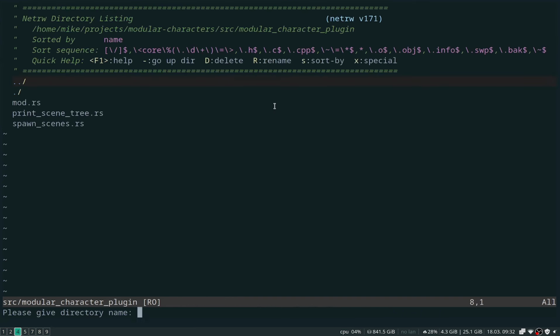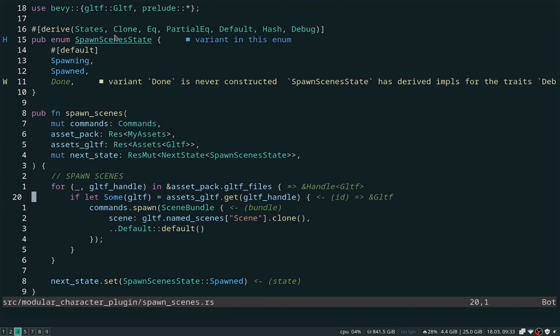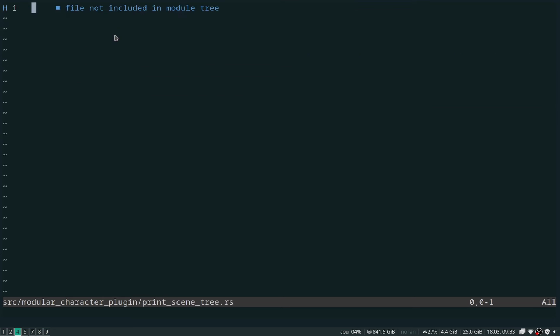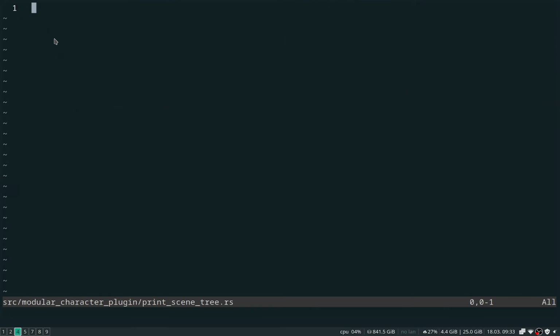We will do all the things we normally do to make sure it's available. I think I just didn't press the button enough. There we go. We've added it into the tree. Okay. So to print the scene tree,